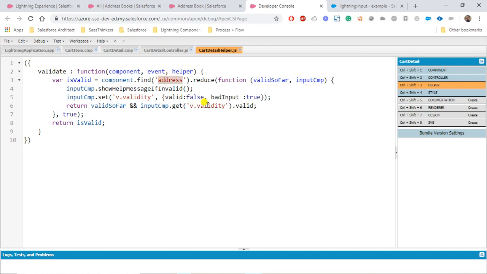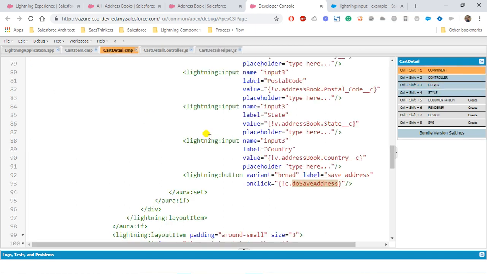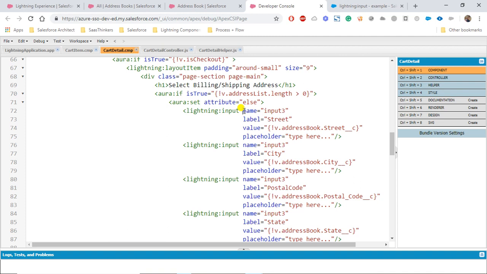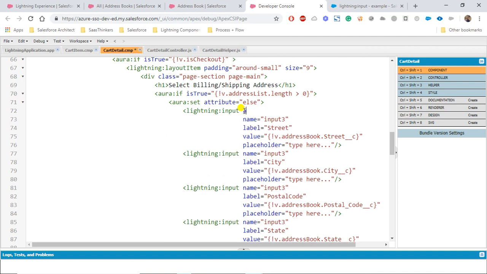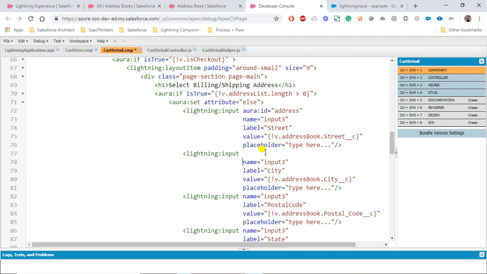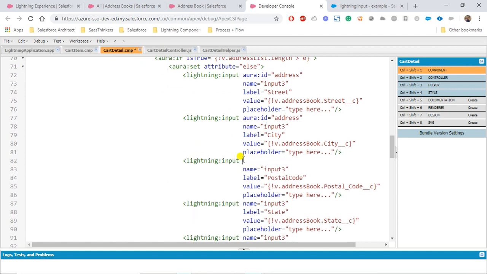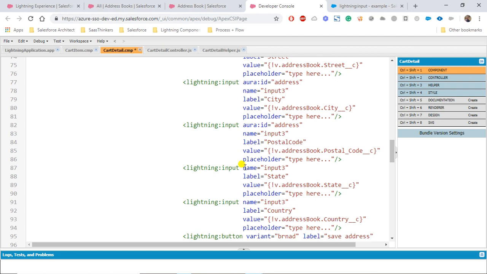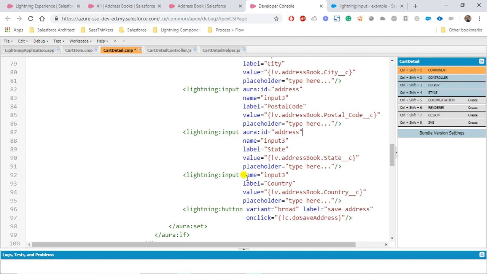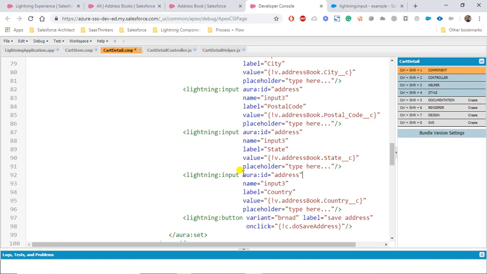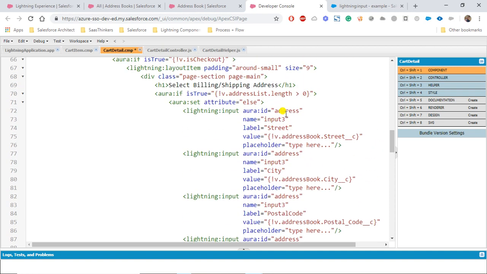And now let's go ahead and put the aura ID for all those inputs here. Aura colon ID equal to address, okay, change the name here, it will be